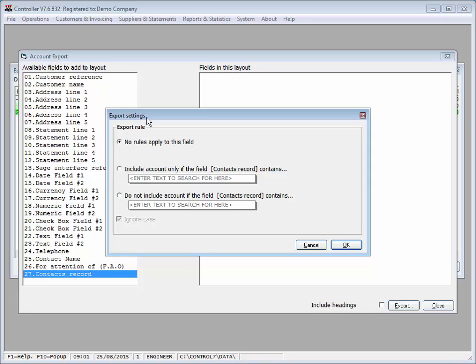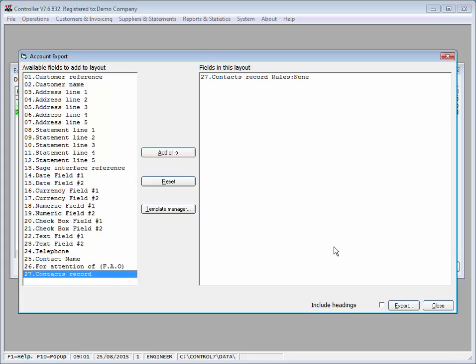This is to give you the rules for exporting. Because we are exporting all the contacts, we don't want any rules. So make sure no rules apply to this field. Click OK, and your account export window should look like this. From here, we click Export,